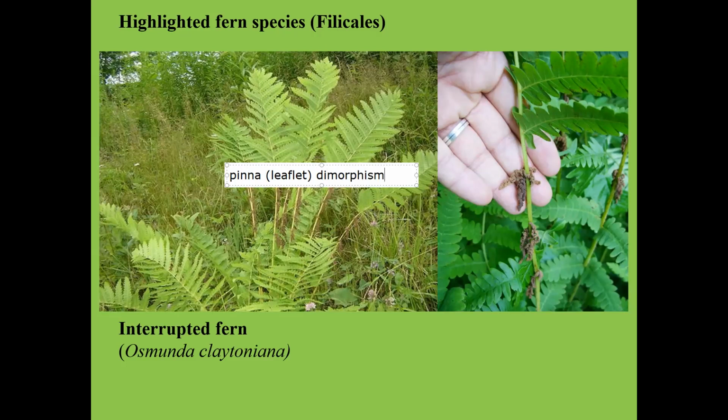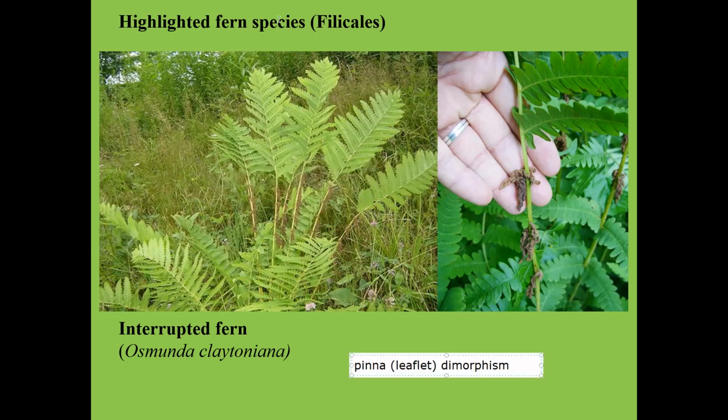Now it's not 2 different leaves like we saw in the previous cinnamon fern or in sensitive fern. Now on one single leaf, you have dimorphism of the pinna or the leaflets. Let me move this here. So for example,